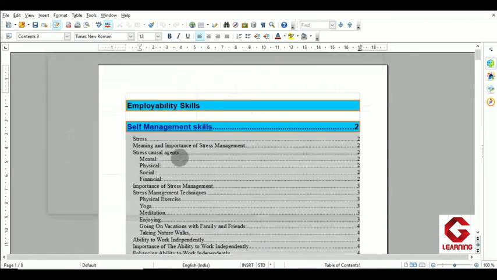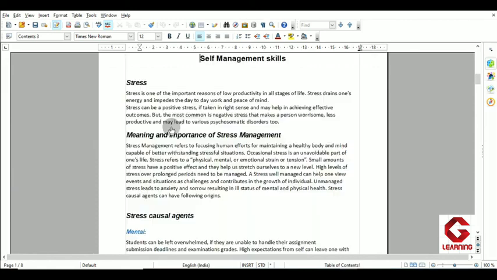As I clicked on OK, you can see that this is now coming in blue color. Previously it was not blue. Now in OpenOffice Writer table of contents, whenever you want to click on any hyperlink, you have to use the control key of the keyboard. So just keep the control key pressed. Now you can see that as I pressed the control key and brought the mouse pointer onto this label 1 text, I am getting a hand, and as I click on this hand, I am directly moving to the first chapter.